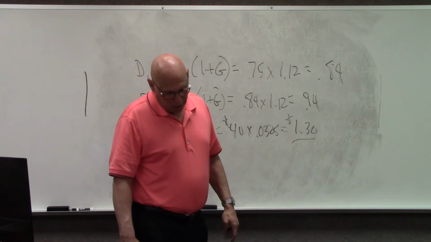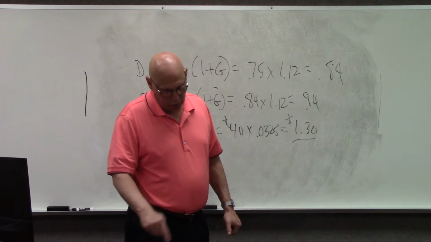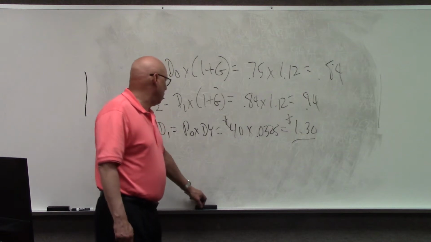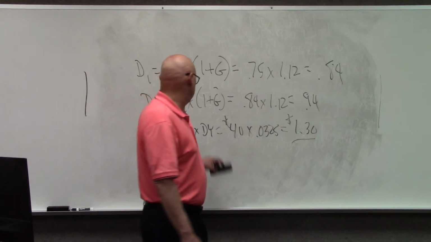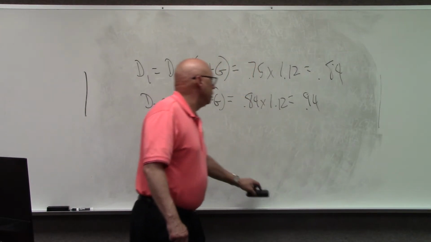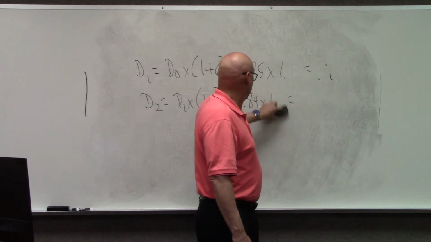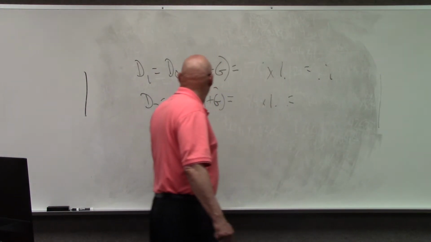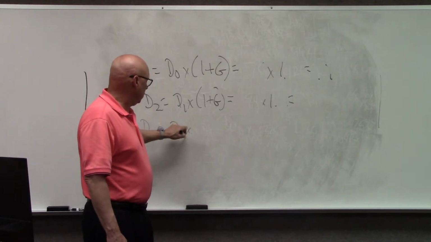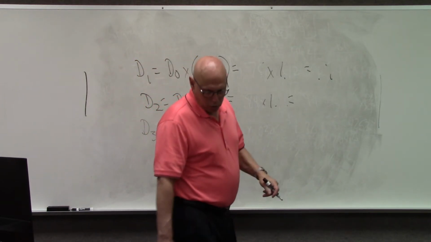A company paid a dividend of 60 cents last year. They anticipate increasing the dividend 30% next year, 25% the year after, and 15% the year after. What are D1, D2, and D3 expected to be? So we got D3, which is D2 times 1 plus g. All right, so D0